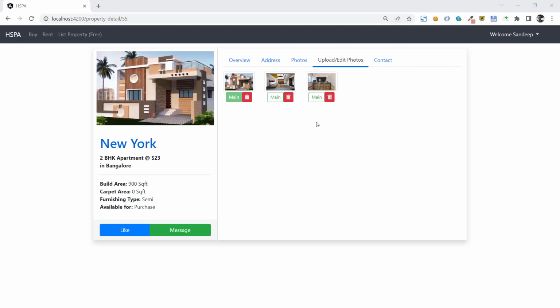So we have added this photo list in our photo editor component in our previous video. In this video, we will set the primary photo on clicking this main button, and we will refresh the primary photo here as well. This image is on the parent component and this photo list on the child component. So to refresh this image in parent component, on clicking of this set button, we will have to use output